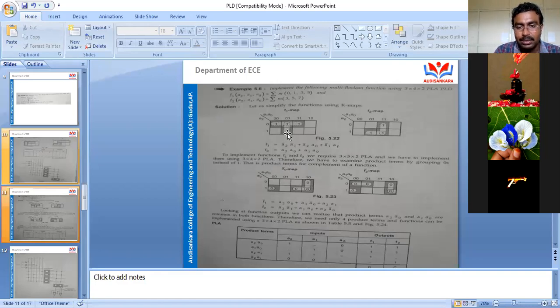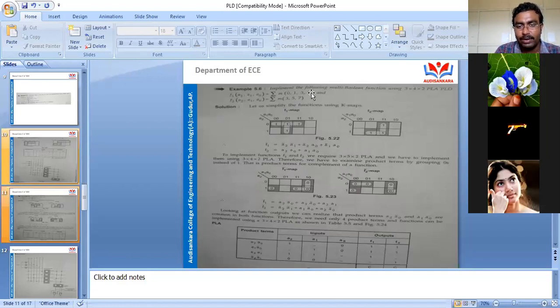Since I'm not meeting the condition of having 4 product terms, now I'm going to do the reverse of it. Instead of grouping ones, I will try to group zeros. This is 0. This is another 0. This is another 0. This is another 0. Similarly, for the second function also, instead of grouping ones, I will try to group zeros, meaning I'm taking the complement of the given functions. Actually, the given terms are 0, 1, 3, 5 and 3, 5, 7 for the 2 functions. Instead of taking those, I'm taking the reverse of it, the remaining terms, and grouping zeros in the first and second function. So I have to check like that.